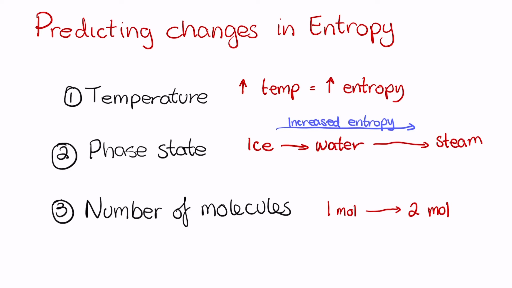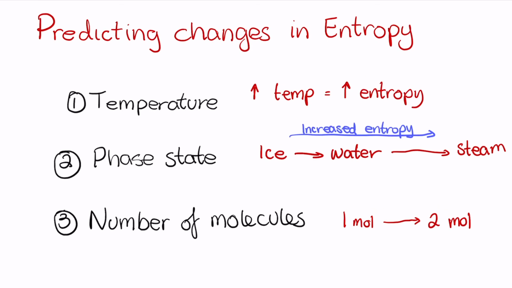One of the other things is the phase state of the matter itself. For example, when we go from ice to water to steam, we see that entropy increases. When we look at the individual water molecules within ice, they're quite ordered and very structured. However, when they start to go from ice to water and water to steam, these individual H2O molecules become a little bit more disordered. They're not as aligned as they are with ice. So as we start to go from a solid to a liquid to a gas, we see that entropy starts to increase.